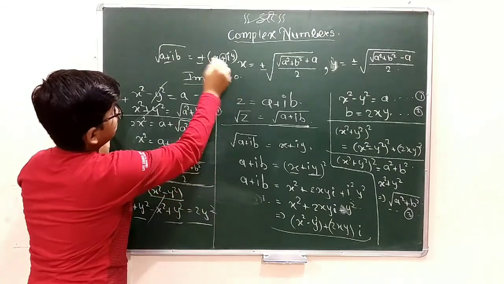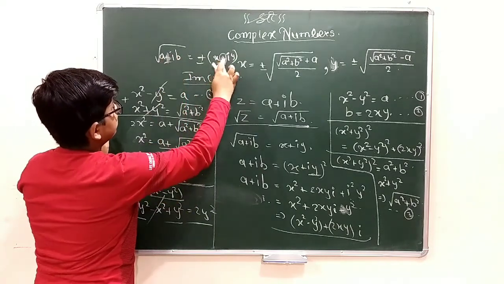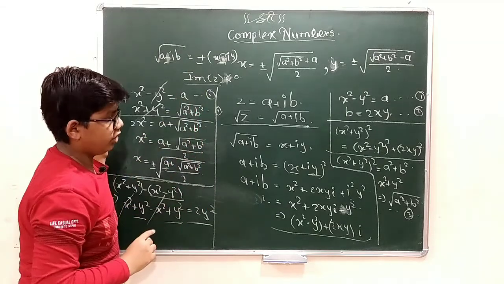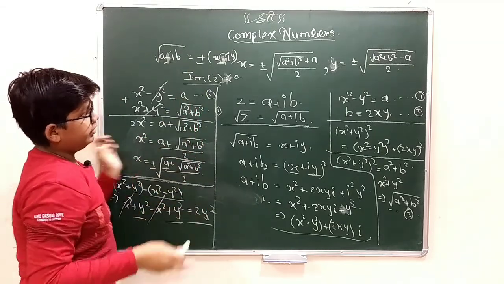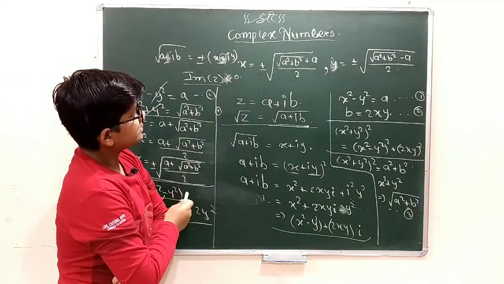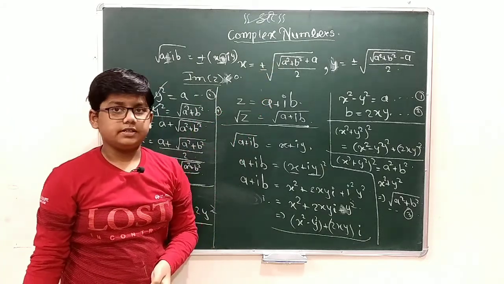Then, which means that this is negative, which means that this sign will also be negative, and this will be plus or minus. So we have derived the formula. Now if we look at this formula, we can see that root of a squared plus b squared is nothing but the modulus of z.